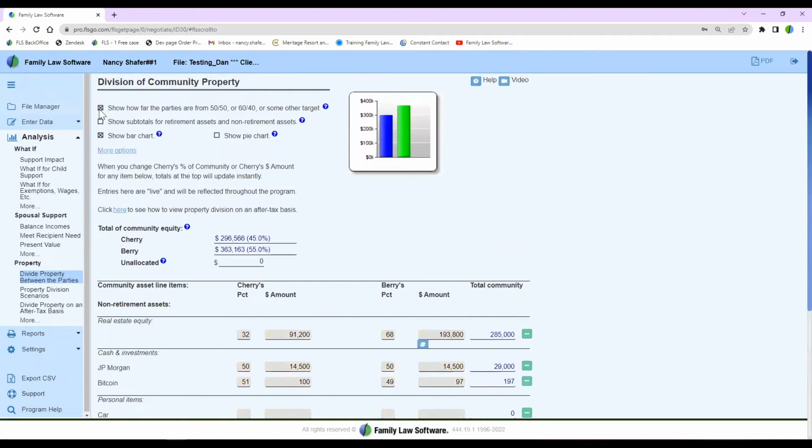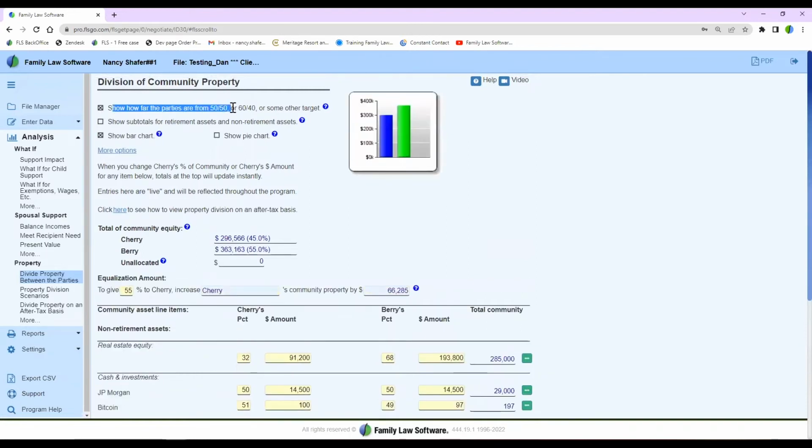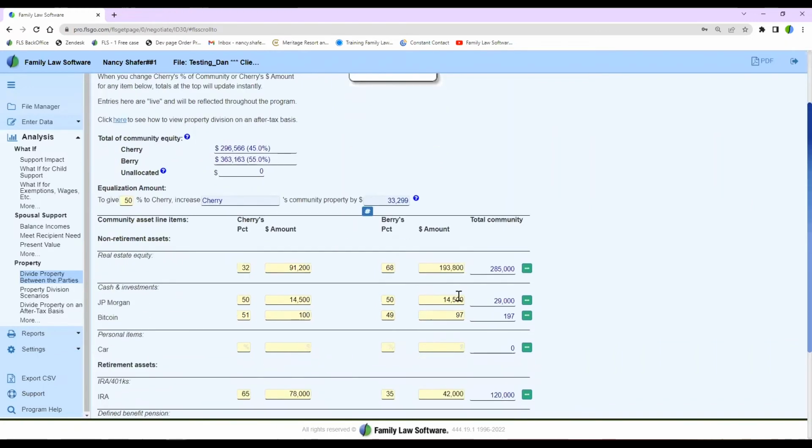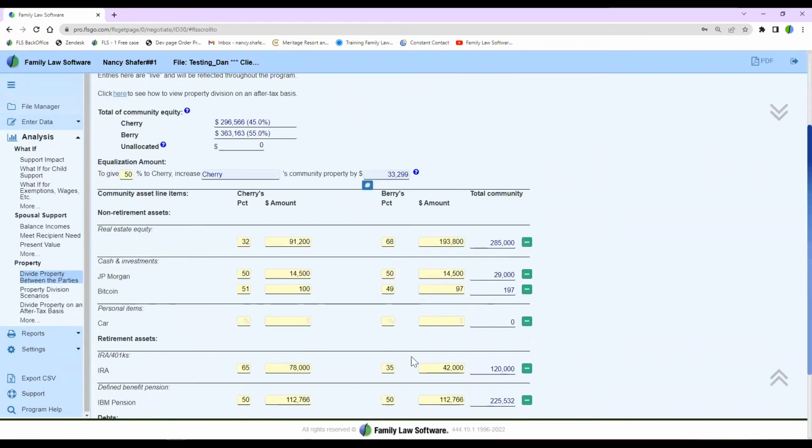I can click this first option, show how far they are from 50-50 or any target percentage. And here I can say 50%, and it will automatically tell me how much I need to move to get to that target percentage. Now, either I can leave that as an equalization payment that Barry is now going to have to pay Cherry